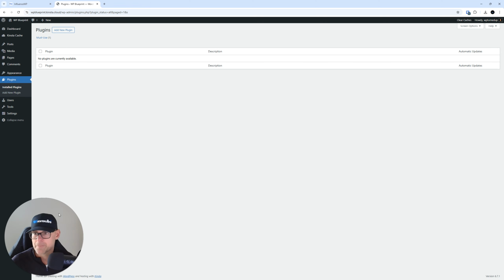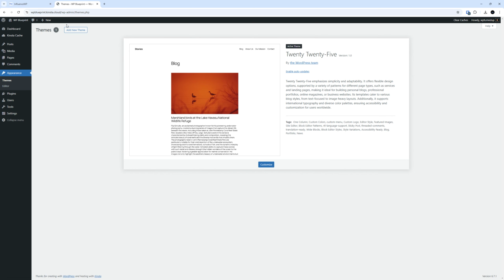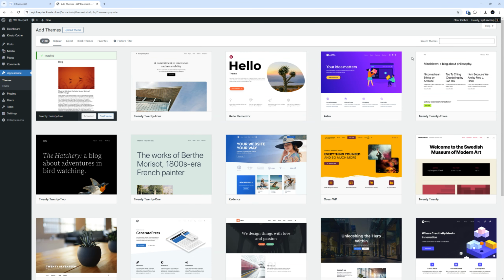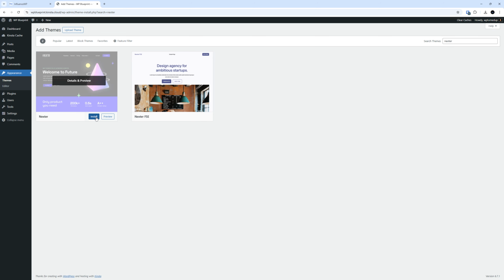So I've got just a blank slate WordPress website, and we're completely starting from scratch. Okay. I'm gonna go ahead and remove myself from the screen. Let's get the theme installed first. So one thing you can do here or note here is you can actually install the Nextr theme from the repo. It's actually the same as what's bundled with their plan. So if we just go here to the repo and type in Nextr, and we'll go ahead and get that installed